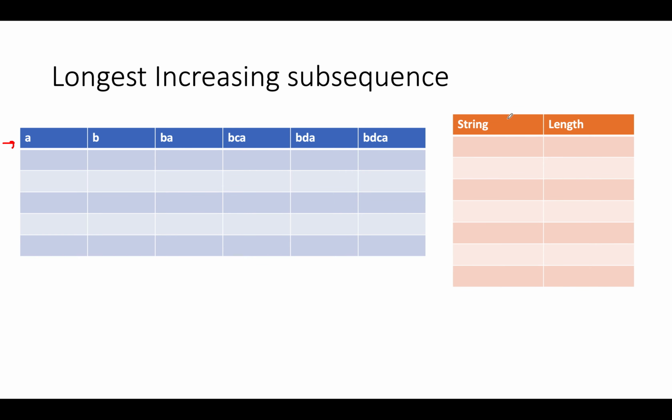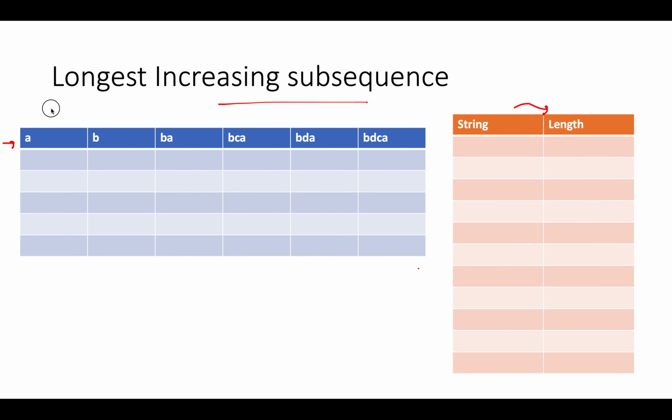For this, I have created a map which signifies that up till this string, this is the length of the longest predecessor chain. And this question must be reminding you of longest increasing subsequence. I have given the reference above for the videos about the longest increasing subsequence problem. I would recommend you guys to go through them. They are equally interesting as well. So let's get started. And I have taken the same example that was specified in the question: A, B, BA, BCA, BDA, BDCA.